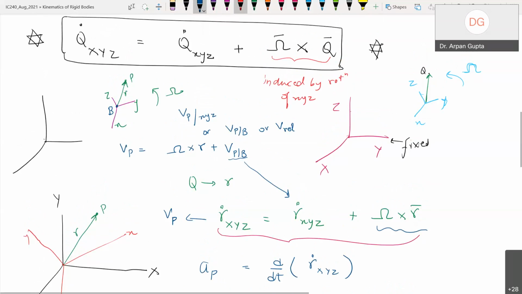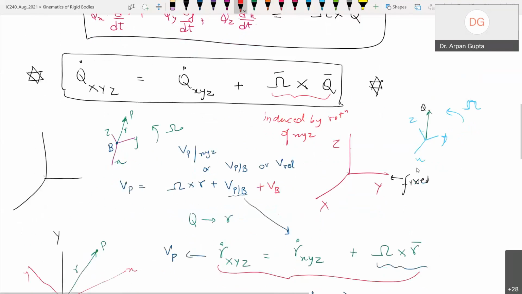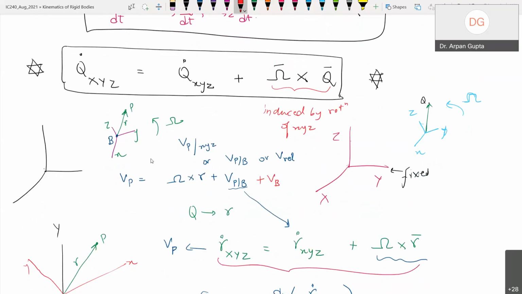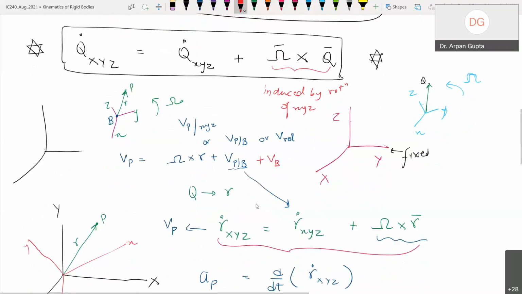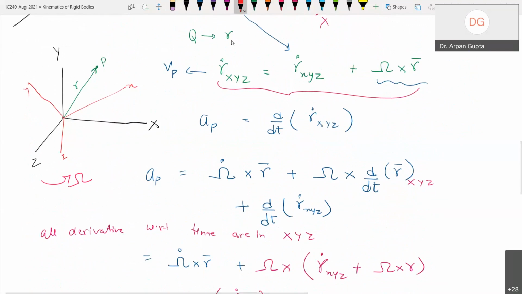Now there is one more addition which I would like to make here. Suppose this frame is also moving with a velocity of VB, then we would also have an additional term, the velocity of point B. Right now we had assumed that this reference was not moving, but if it was also moving, then we will have this generalized term here. Again, we will review this once again, so don't worry.